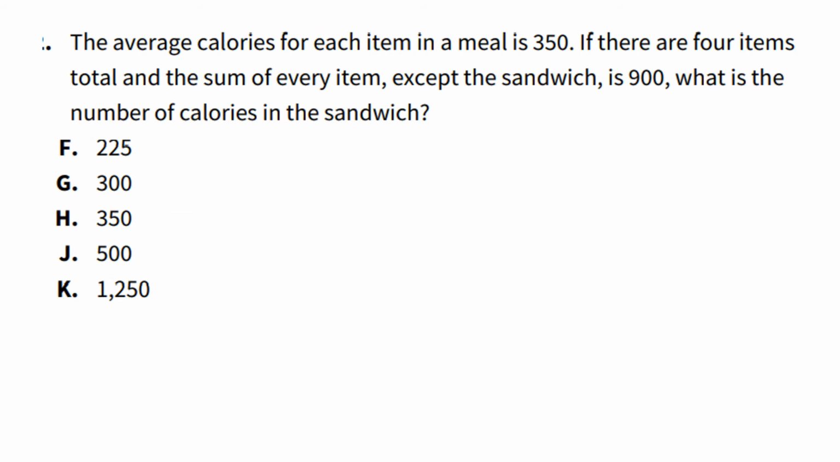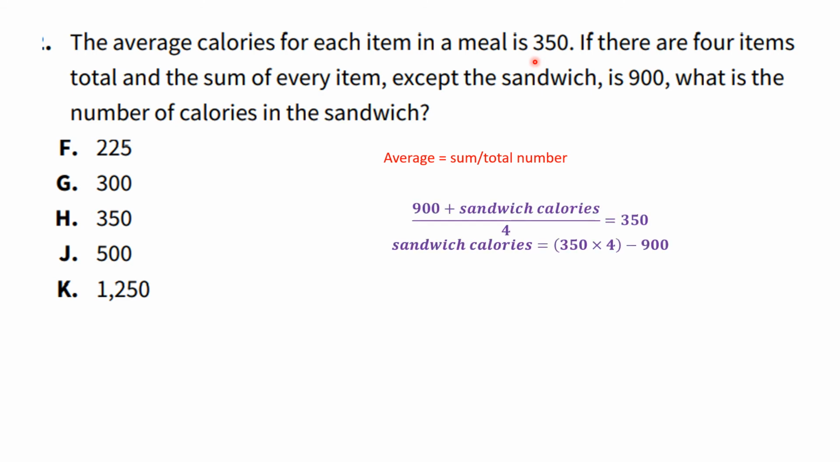The average calories for each item in a meal is 350. If there are 4 items total, and the sum of every item except the sandwich is 900, what is the number of calories in the sandwich? First of all, how do you get the average? Average equals the sum over the total number, right? The sum means the calories in the 3 items plus the sandwich, divided by 4, should equal